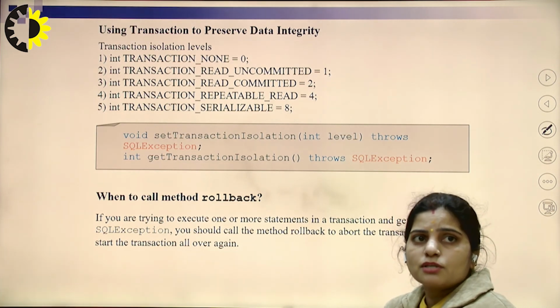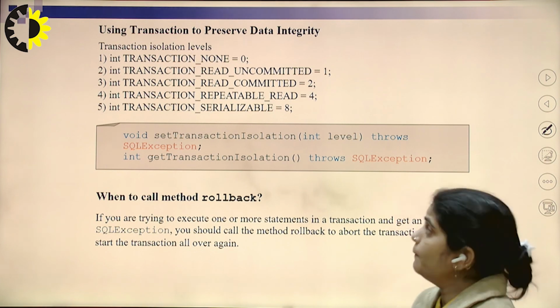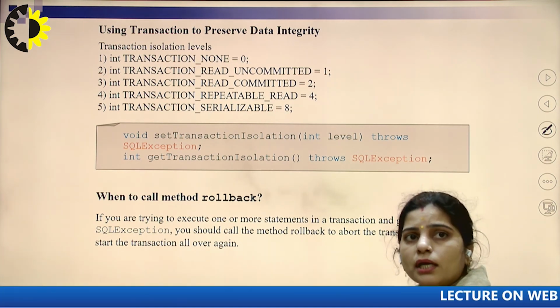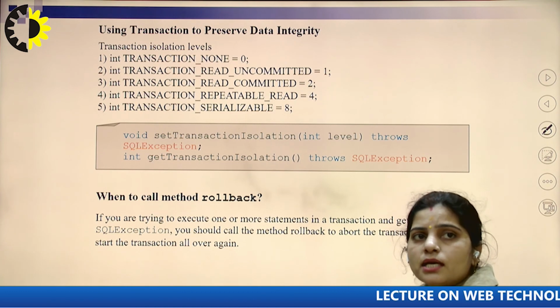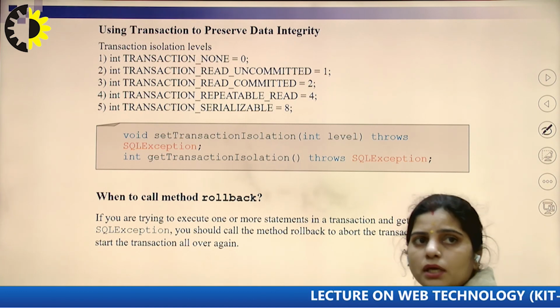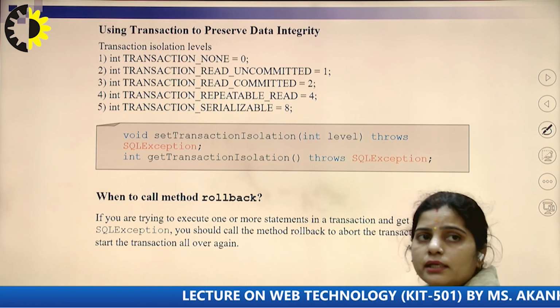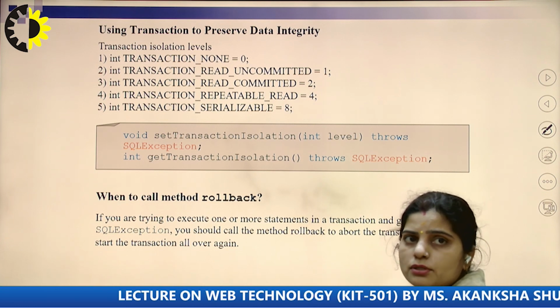The transaction isolation levels are: TRANSACTION_NONE is equal to 0, TRANSACTION_READ_UNCOMMITTED is equal to 1, TRANSACTION_READ_COMMITTED is 2, TRANSACTION_REPEATABLE_READ is equal to 4, and TRANSACTION_SERIALIZABLE is equal to 8.